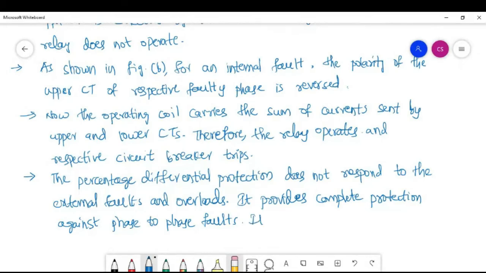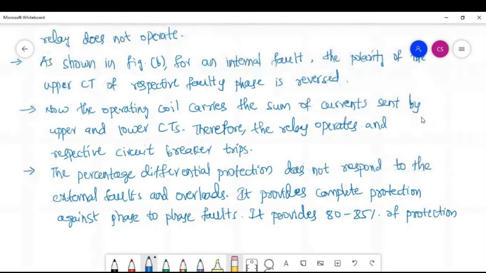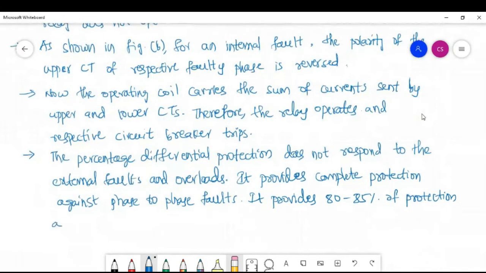It provides 80 to 85% protection against phase-to-ground faults,